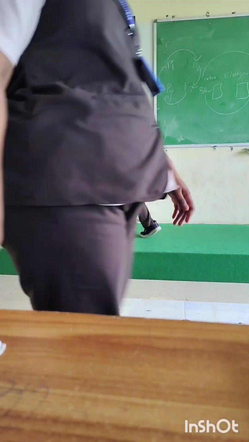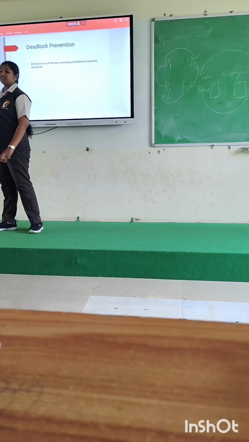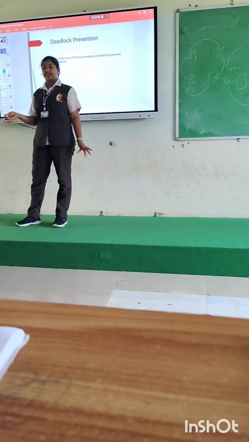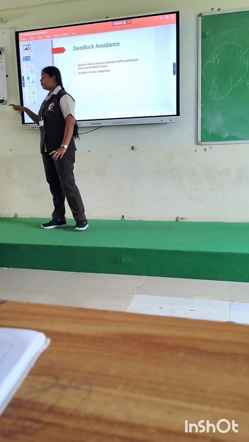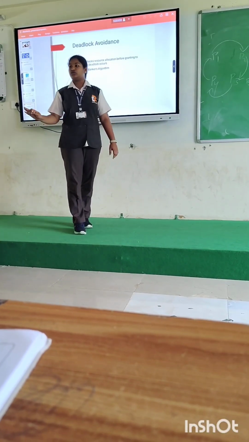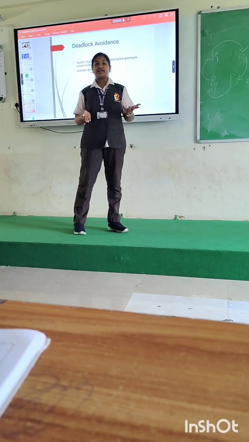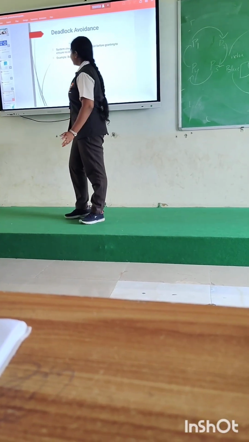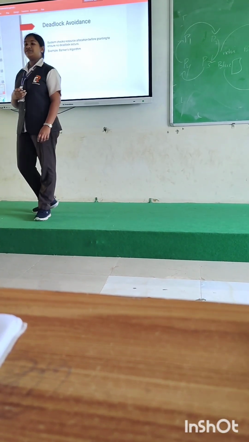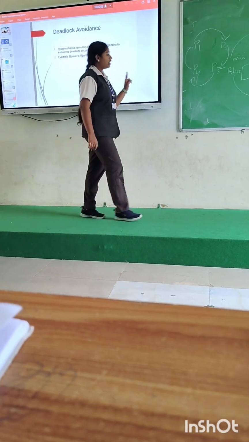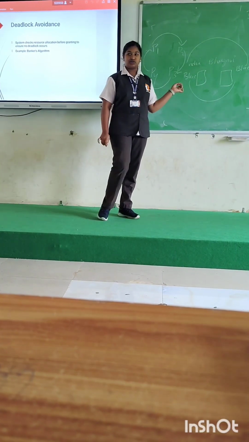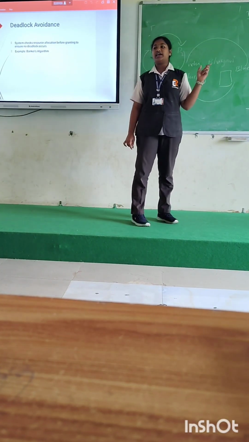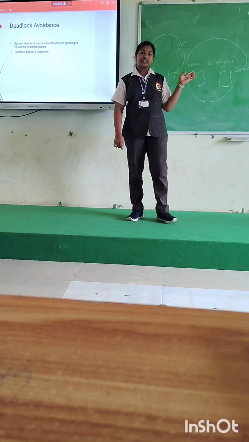What are the disadvantages of deadlocks? Processes stop execution. Processes are not completed, which means tasks are not completed. They are in an incomplete state. System performance decreases. CPU idle. The system may hang. And finally, deadlock is a dangerous condition in an operating system where processes wait for each other